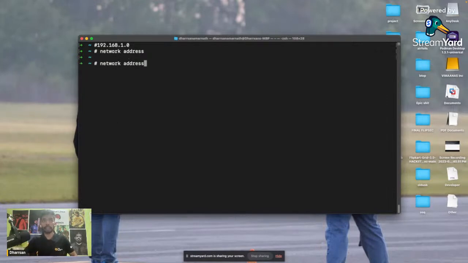The next address is called the first usable address. The first usable address is taken by your default gateway itself. Your router is assigned this address. The IP address of your router is 192.168.1.1, and this is called the default gateway. Now there's one more address which you cannot assign. This is the last address, 192.168.1.255, and this is called the